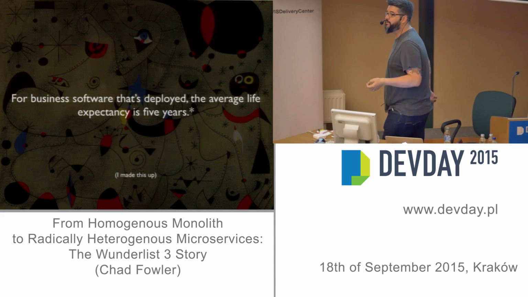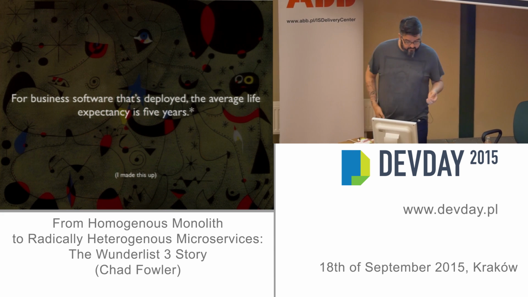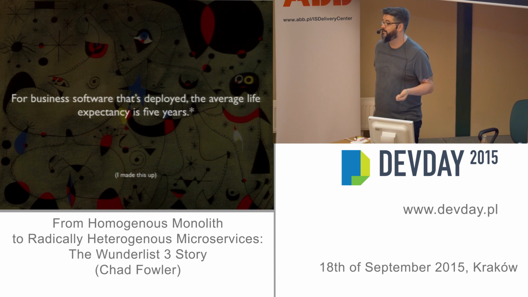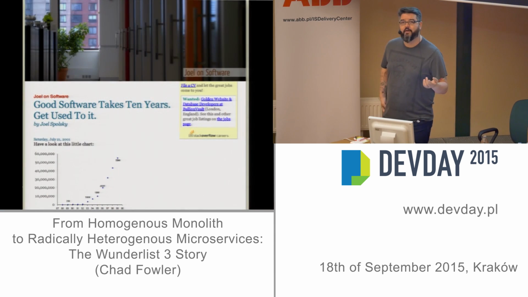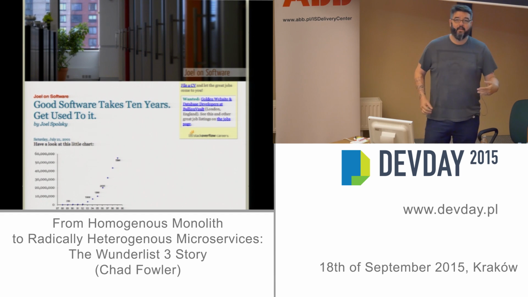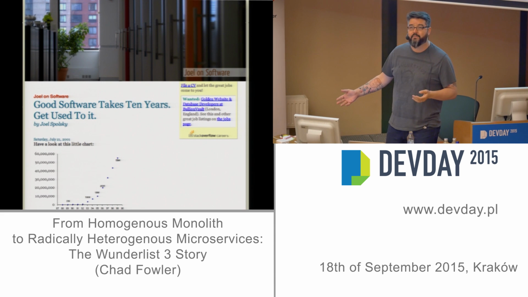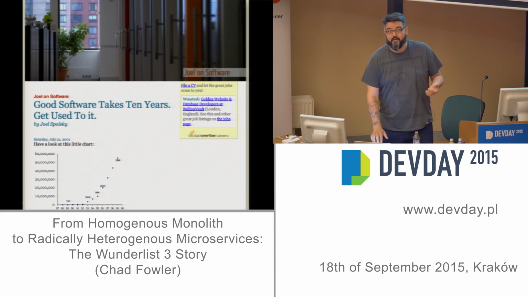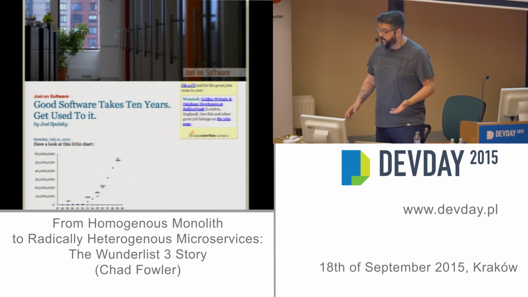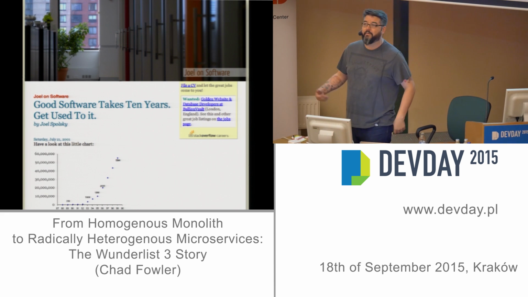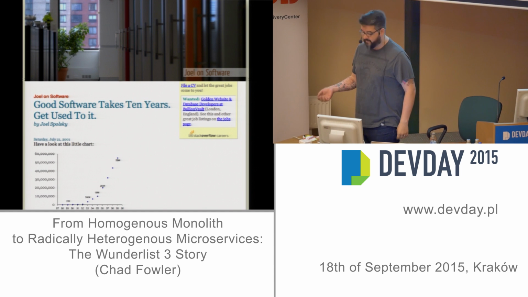So then you have Joel Spolsky, several years ago wrote this thing about how it takes 10 years to create good software. So if software generally doesn't get delivered, and when it does, it's probably killed within 5 years, but certainly within 10 years on average, and it takes 10 years to even make it good, we have a serious problem, right? We're not going to leave a positive legacy of our work.